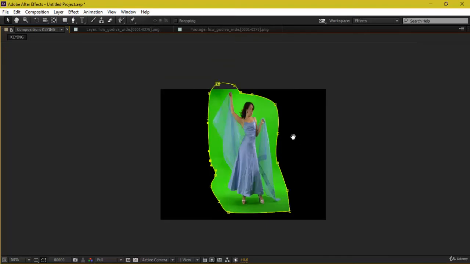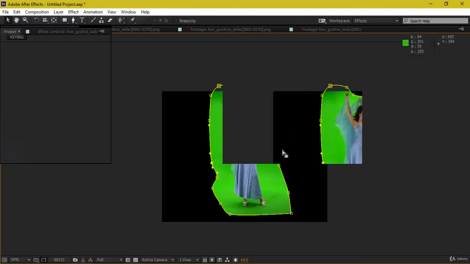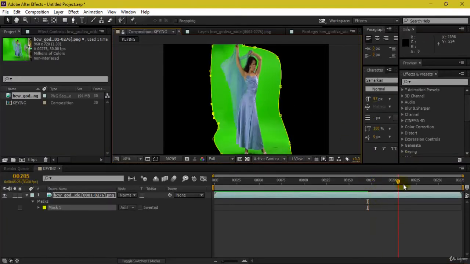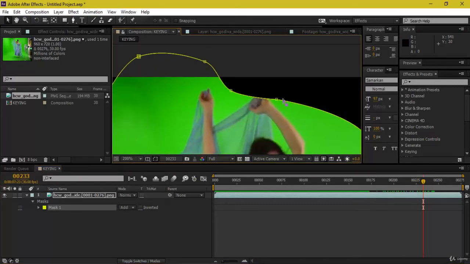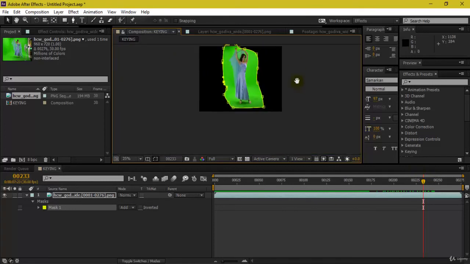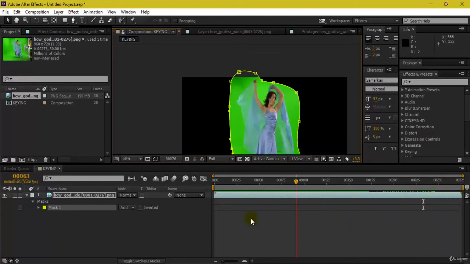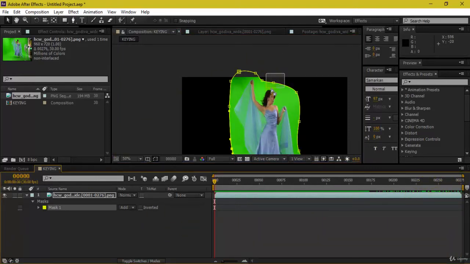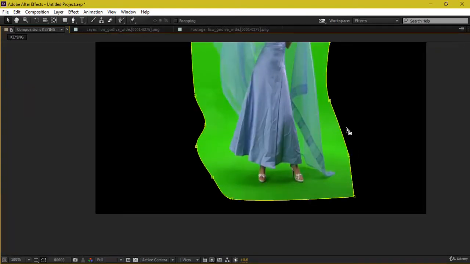So let us play this and see if there is any area which is not included in our footage or the mask. What I feel is, if I go ahead, some areas over here, if you see this area is getting cropped, so this will not work out. Going over here, let us go to the first frame, and what we'll do is select this and delete this, and do something like this, so that my entire area is covered over here. Same goes for this.